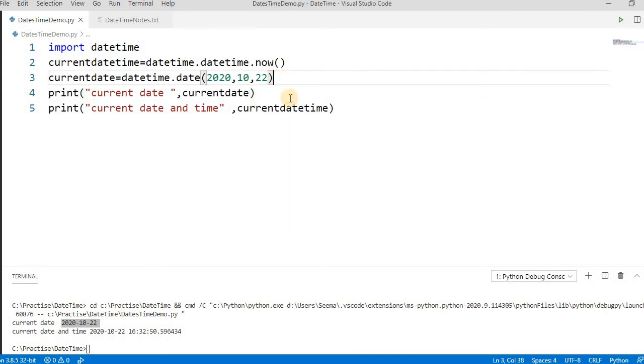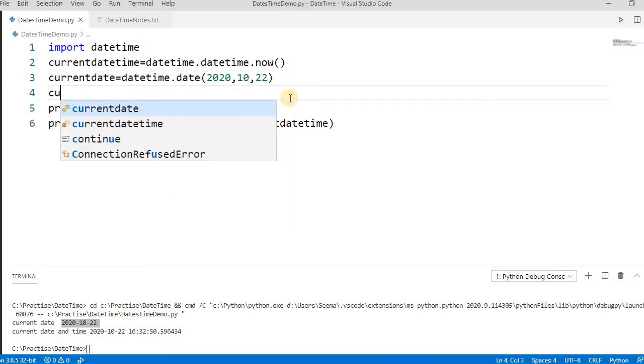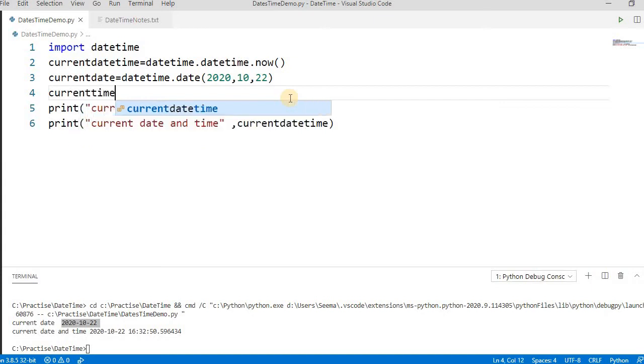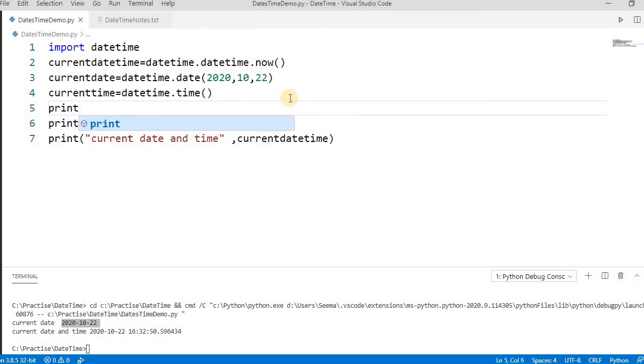Now we need only time, we don't need the date. So the current time, and as already mentioned, this time class. There are a few variants here. If you don't pass the time, by default it will return 0 0. Let's run this first and then we will change this.